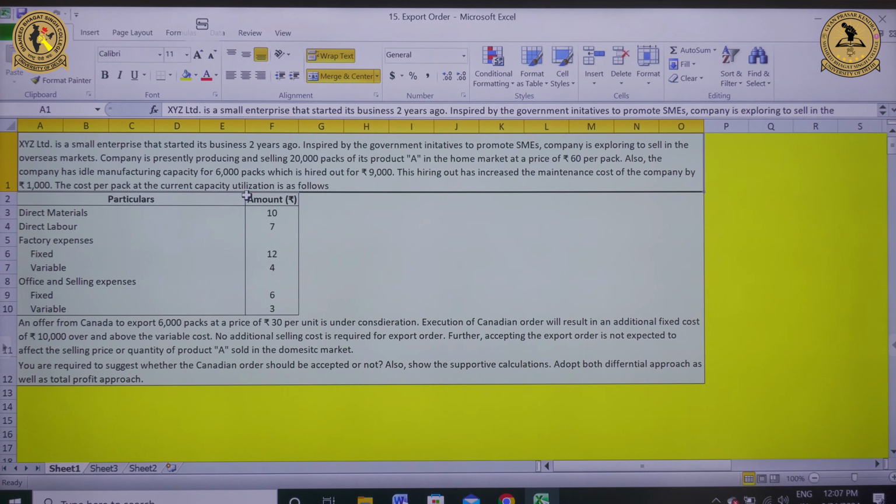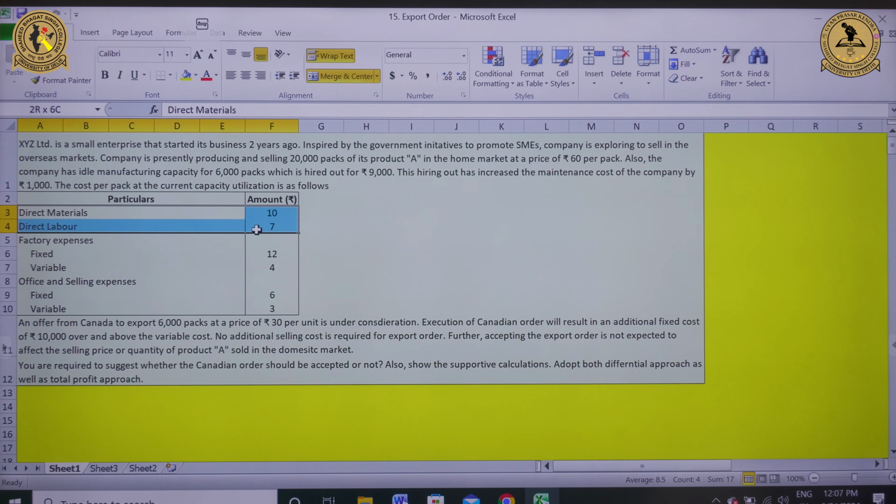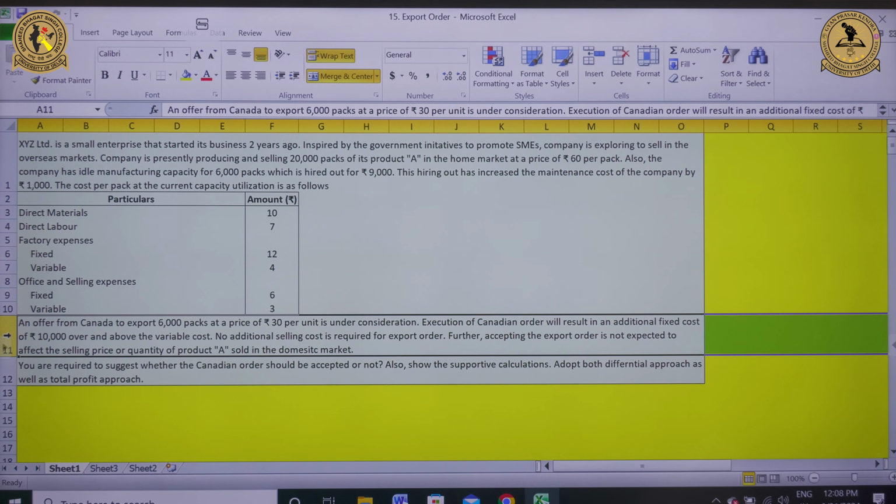The cost per pack at the current capacity utilization is as follows. Direct material is 10 rupees, direct labor 7 rupees, fixed factory expenses 12 rupees, then variable factory expenses 4 rupees, office and selling expenses, which include a fixed component of 6 rupees and a variable component of 3 rupees per unit. An offer from Canada to export 6,000 packs at a price of Rs 30 per unit is under